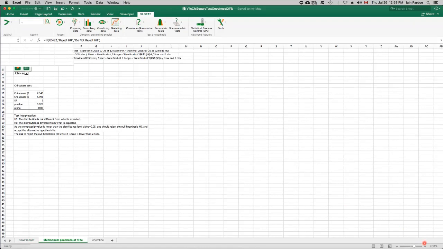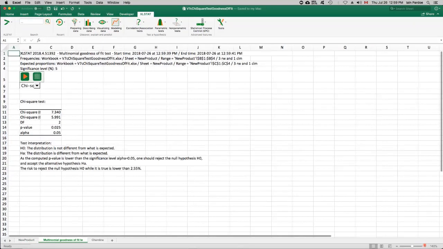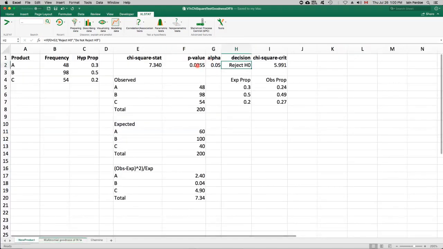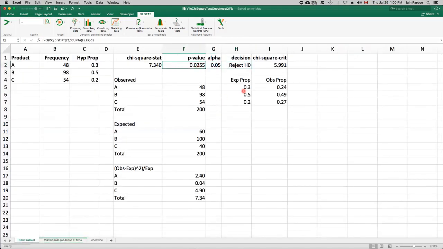So here are the results. And 7.34 is our chi-squared test statistic, 5.991 is the critical value, 2 degrees of freedom for the chi-squared distribution, and a p-value of 0.0255. And that matches what we got here. We could